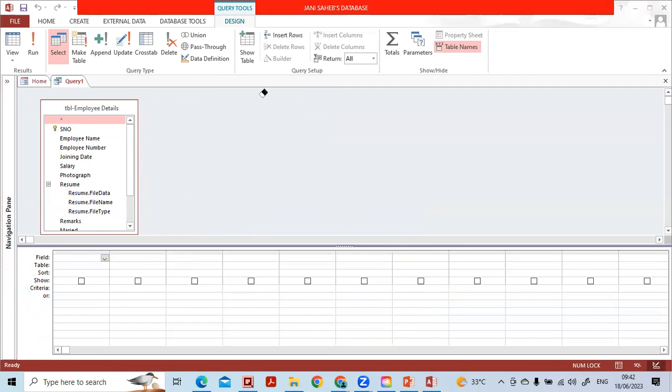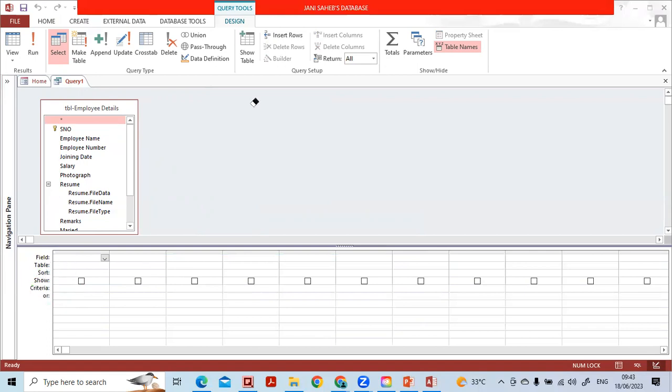Also you see here, there is a field, and which table the field is coming from you have to mention here, and the sorting order you can mention, and whether you want to show or not show. If you tick here, it means show. If you don't tick here, it will not show. And the criteria: what is the criteria you want to put? Or this criteria, or this criteria. So these are the fields available for you to decide which field you want, how you want the data to